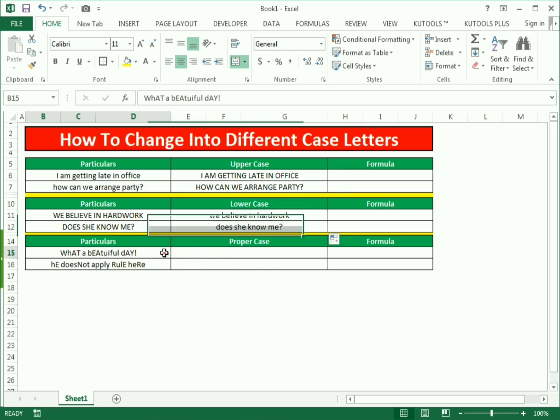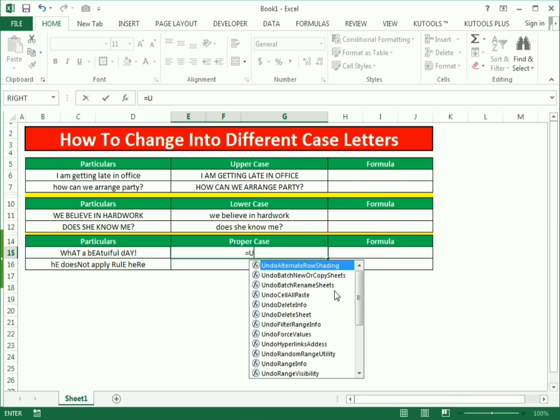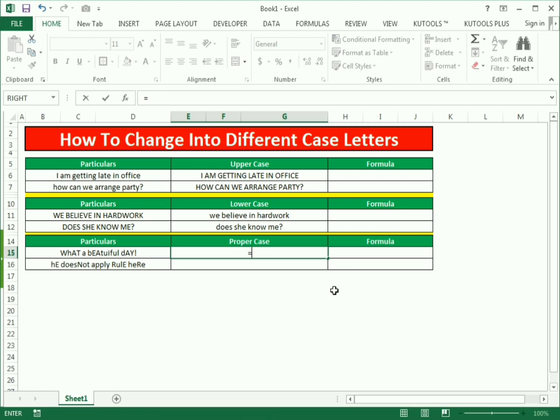Now we have the last which is proper. So you can see the data is in lower, upper and different forms, so we need to change it to proper. So use the PROPER formula, PROPER,